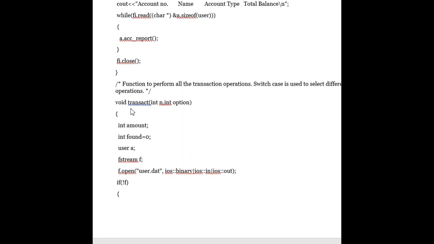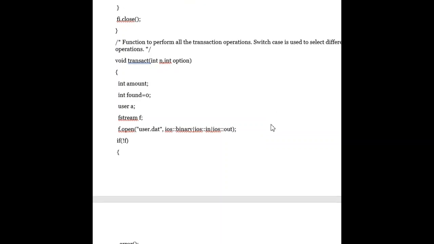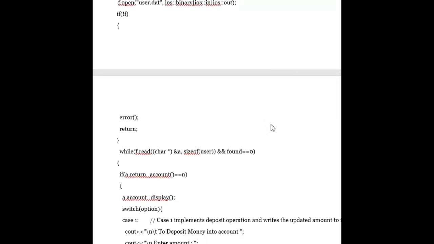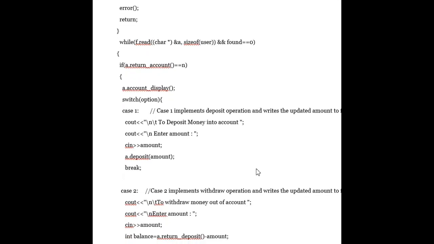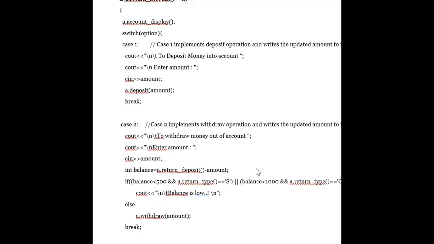Then here we use the void function for transact to perform all the transaction operations. Switch case is used to select different operations. In case 1, it implements the deposit operation and writes the updated amount to the file. Then case 2 implements the withdraw operation and writes the updated amount to the file.